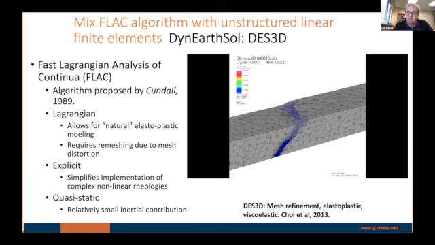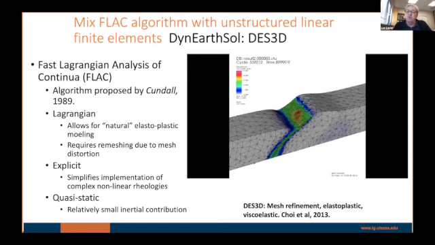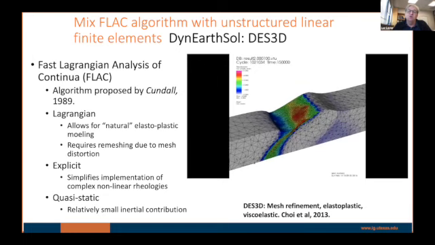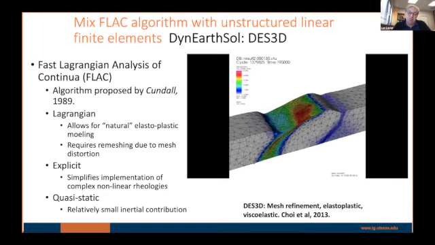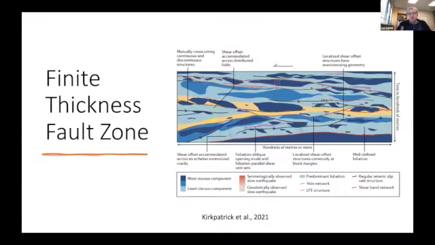So this is the kind of stuff we've been doing for the longest time, being able to do large-scale deformation in a finite element mesh with dynamic remeshing and able to do very large deformation using explicit methods. And over the last few years, the explicit methods have become very, very popular, and dynamic relaxation methods have become again popular. So in this case, we're just looking at a fault zone of finite thickness, and the idea is